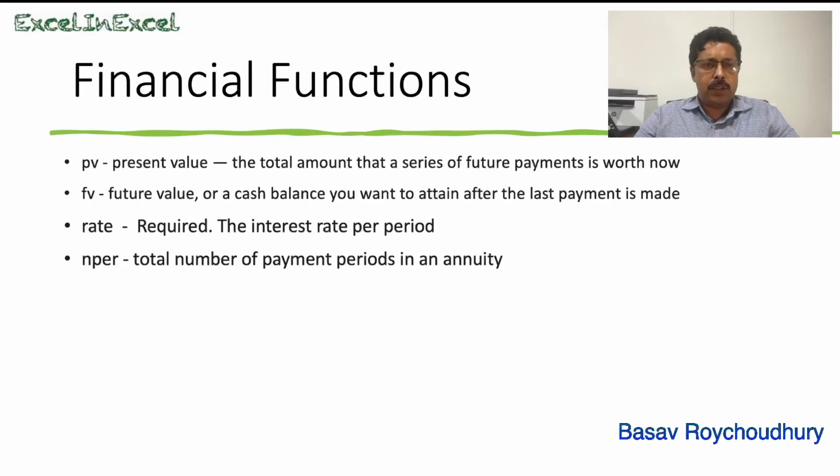But the important thing is, how am I going to pay for that loan? If I repay that loan every 1 year, that means for 5 years I pay some amount at the end of 1 year, some amount at the end of the 2nd year, some amount at the end of the 3rd year, some amount at the end of the 4th year, and finally I pay whatever is left in the 5th year, then NPER is 5,